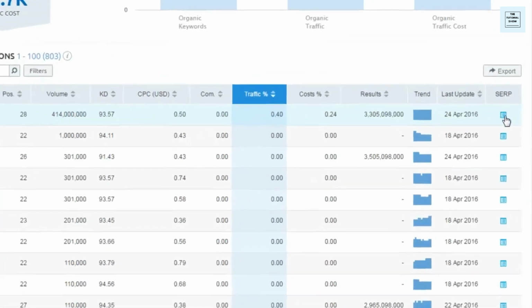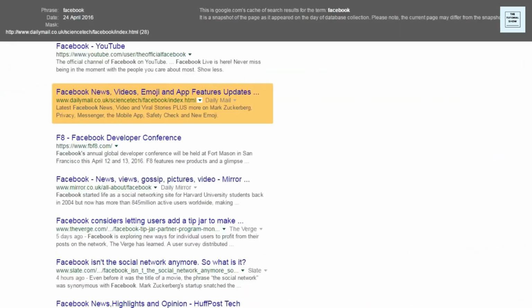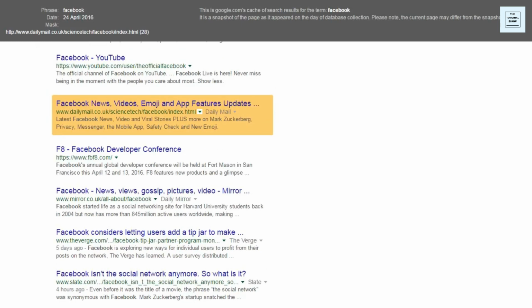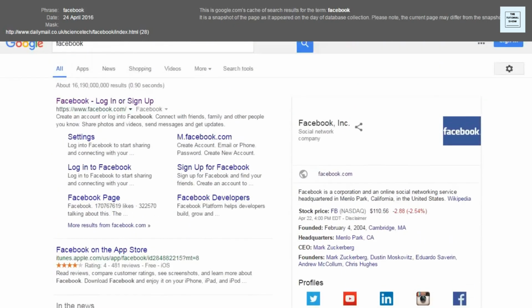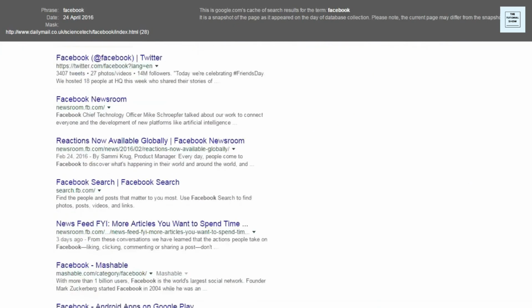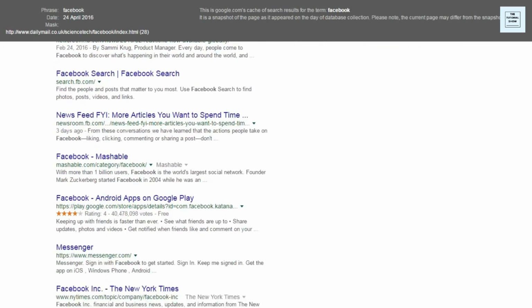I also like to go ahead and click on this SERP button right here, because this is going to pull up the actual Google search results for me. It's going to show me where the competition is actually ranking. It's going to highlight that for me, but it allows me to see all of the top results for that particular keyword. So this is where I can start some of my keyword research. I can see who else is ranking, why they're ranking, and this is going to give me a better idea of what keywords to go after, what type of content to produce, and also to really look at just how competitive the keyword is and what I will need to do to outrank this competition.